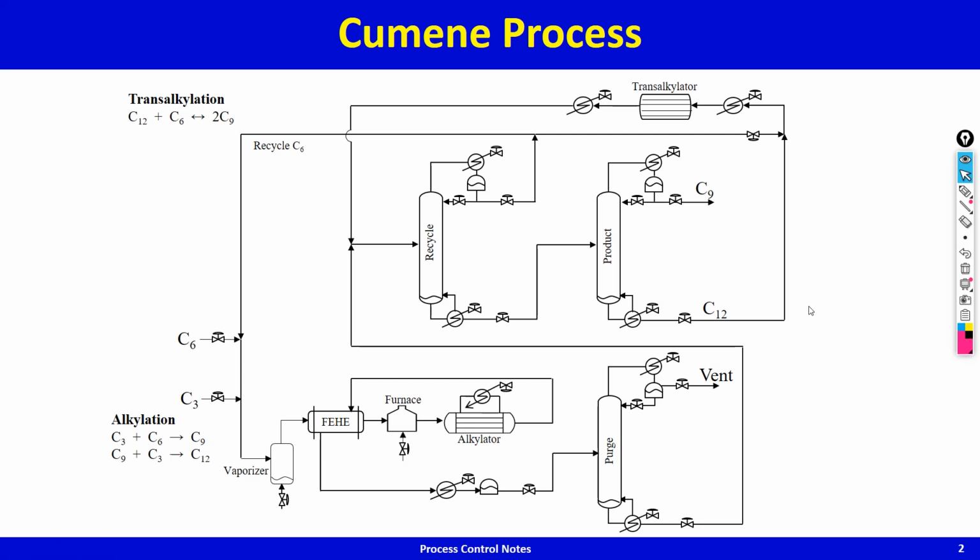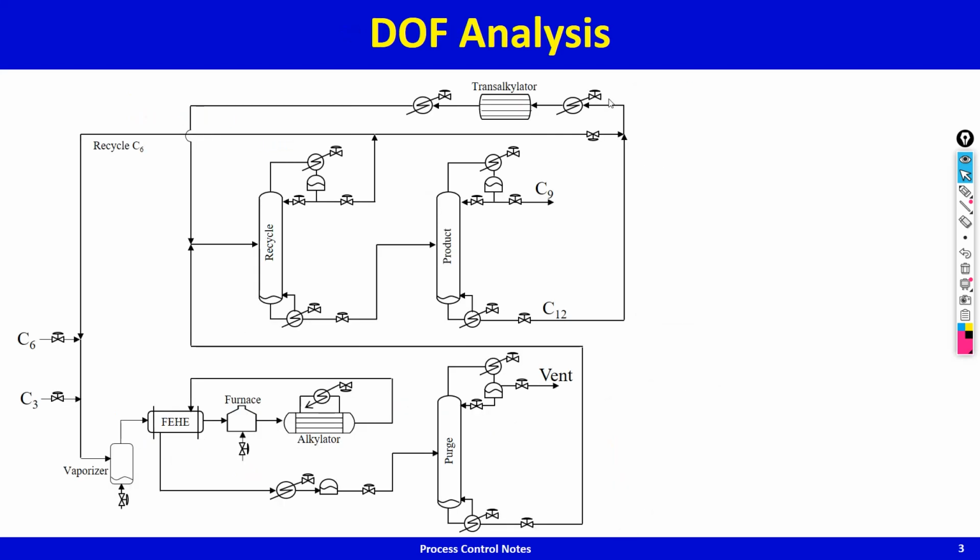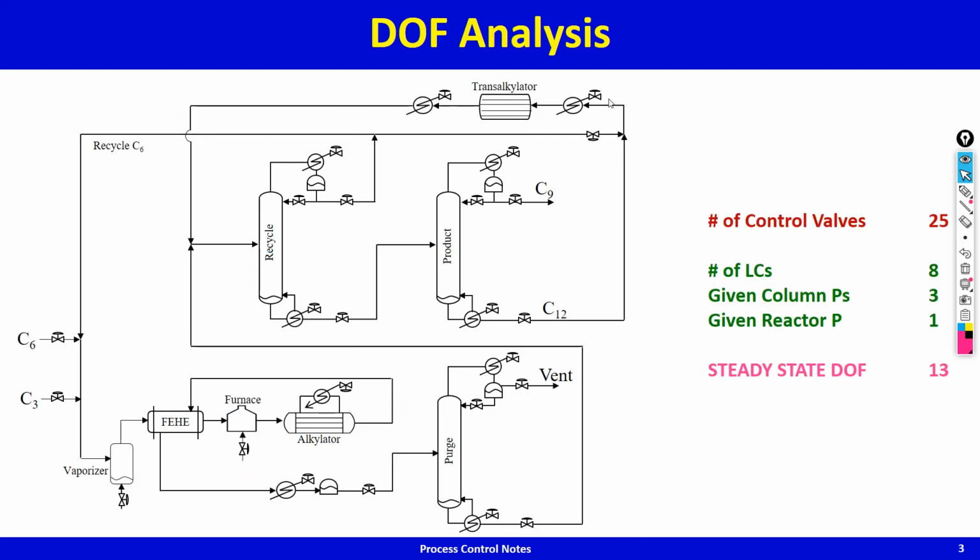So these are the control valves. They have been put there, and if you count them, I think you'll count 25 valves. So there's 5 per column, so that's 15. After 15 valves, let's count 15, 16, 17, 18, 19, 20, 21, 22, 23, 24, 25. So there's 25 control degrees of freedom. That's a reasonably large number. Okay, so let's look at this process with those 25 valves.